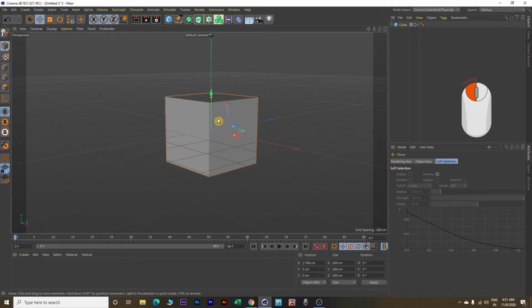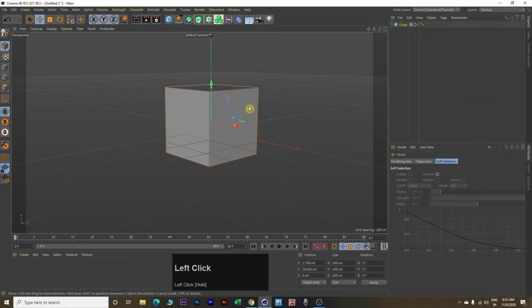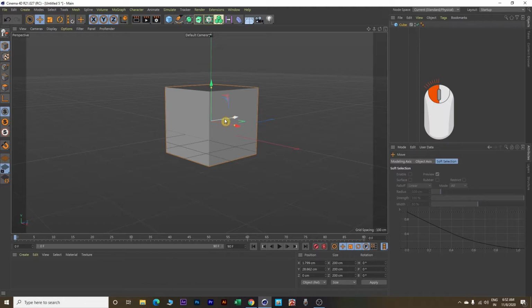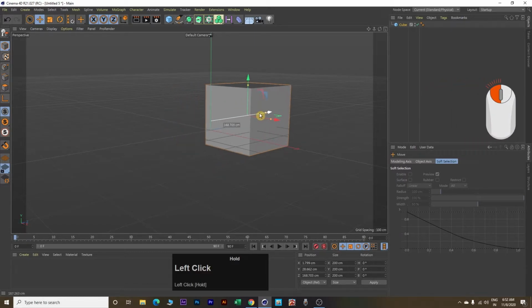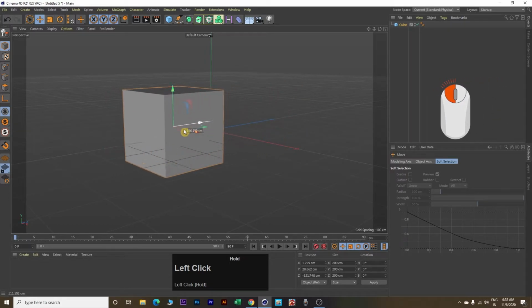Similarly, click and hold left mouse button on the y-axis and drag your mouse upward or downward. This will move your object on y-axis. Similarly, click and hold left mouse button on z-axis and drag your mouse left or right to move your object accordingly.